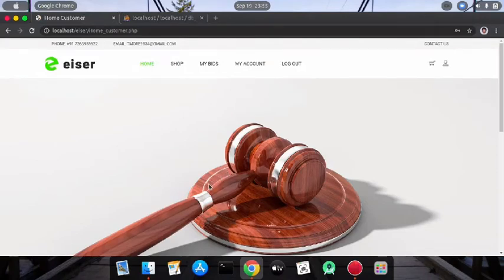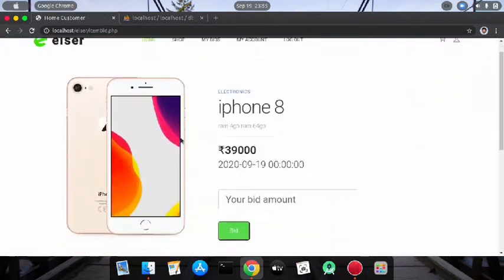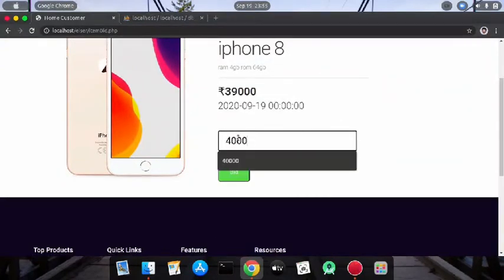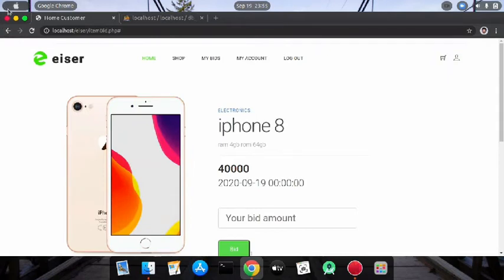Go to bid on this product and enter the bid amount like 40,000. It shows bid successfully, and this process will continue till the date and time expires.